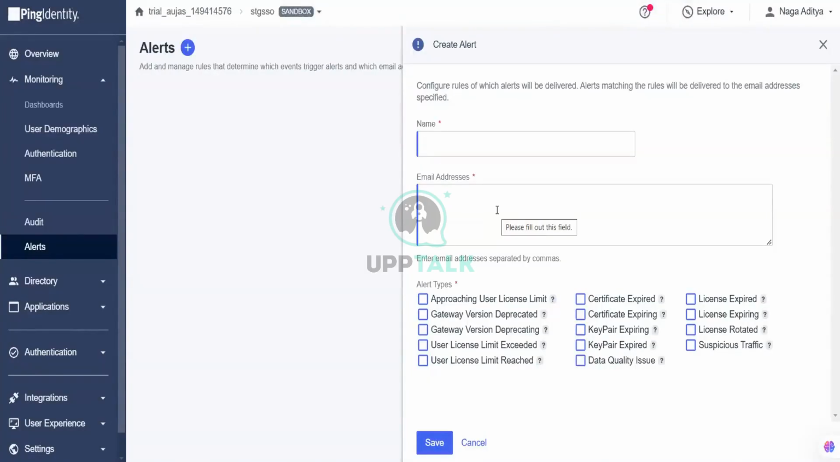Then certificate expired, certificate expiring in like 15 days or something like that. That one key pair expiring, key pair expired. And also license expired, license expiring. But the other is data quality. It will analyze the data. What is the quality of your data available in PingOne? And check if there is any kind of unnecessary information available in PingOne, it will send